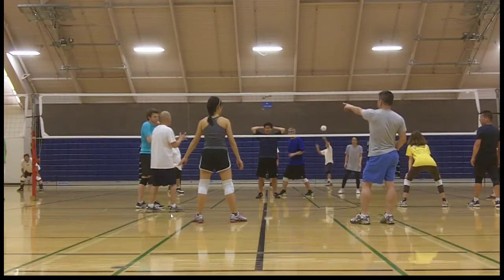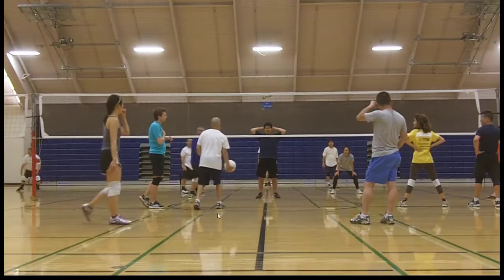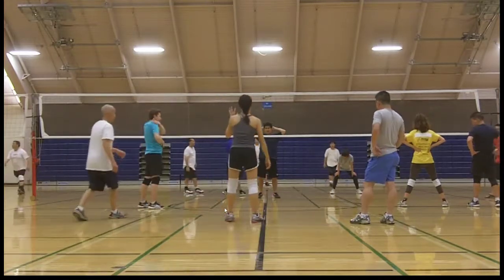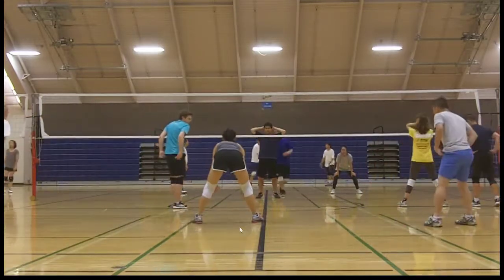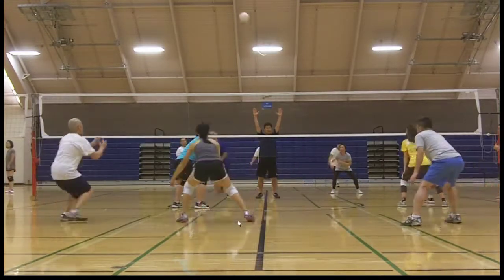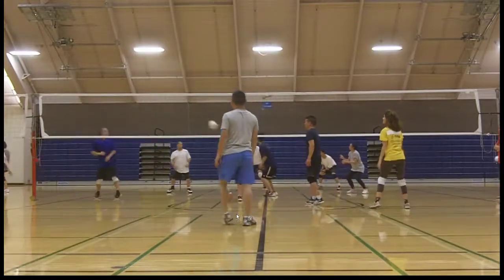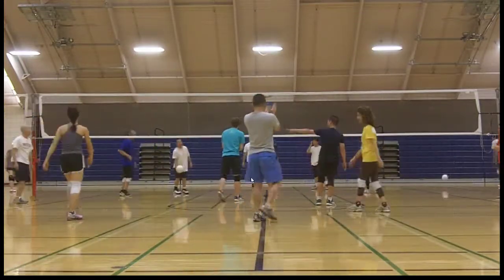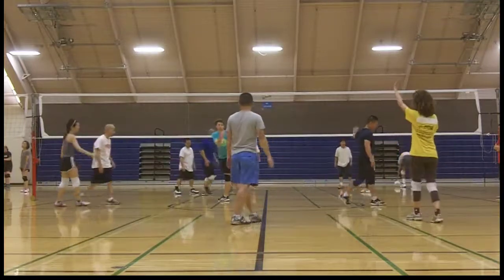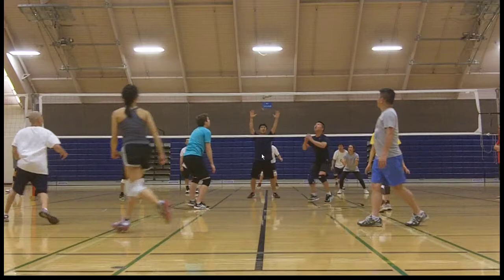We're getting a little confused on rotation. Goes outside. We had no blockers up on that. What happened on that? Alright, so